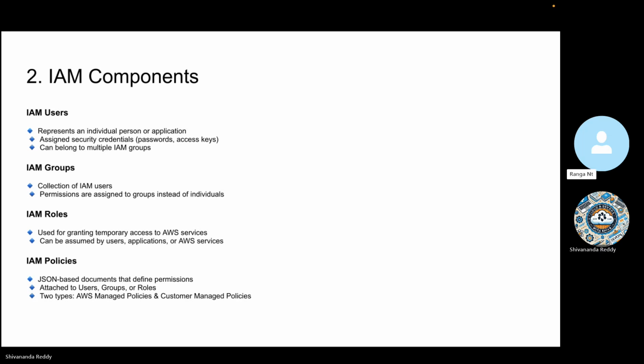Only one doubt. You said a user is an individual person or application. Can an application be a user? That's the right question. Generally, we create users, and we can use those users for two functionalities. One, we can use that user to log into the account as a person, as a human. That user becomes a human, who can remember their username and password, log in, and do their activities. We call that an individual person.